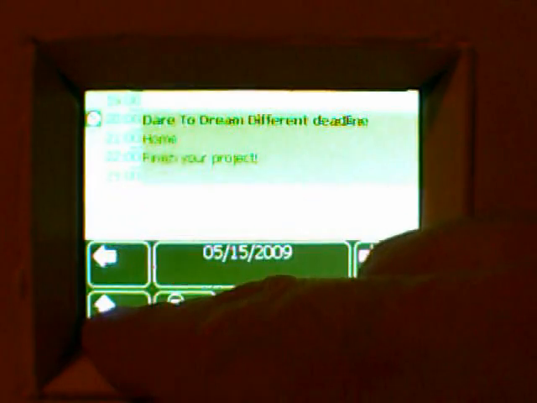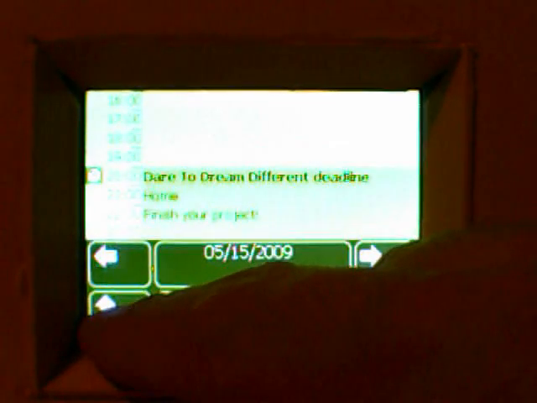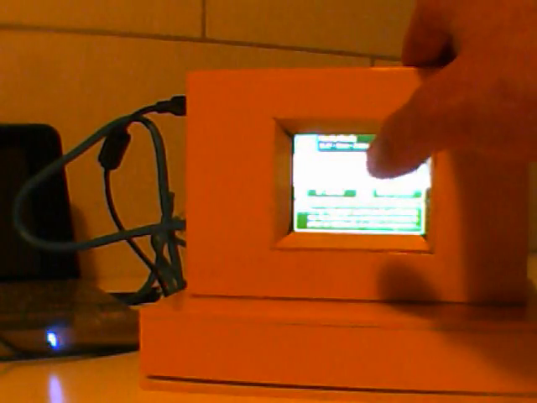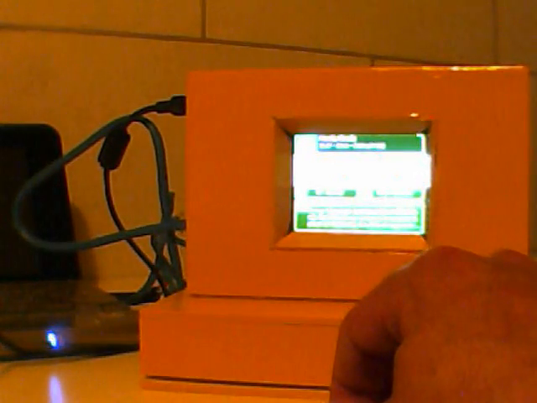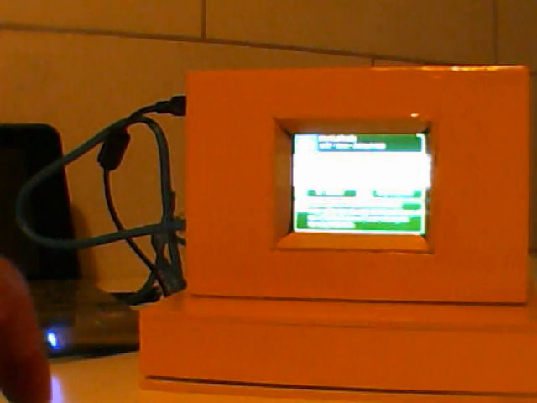We can increase or decrease the number of information we have on our screen. And now let's see our device in its full glory inside this yellow box. This is the main device. We can interact with it using only the touchscreen. We have an Ethernet cable that is used to retrieve the information from the internet. Now it's connected to my laptop that bridges the connection to my Wi-Fi home network, and the USB cable to